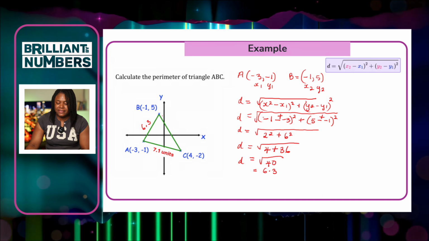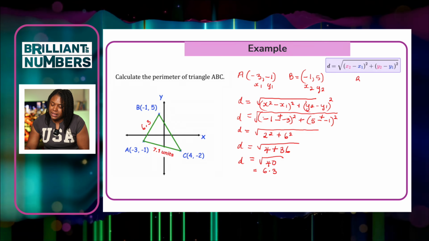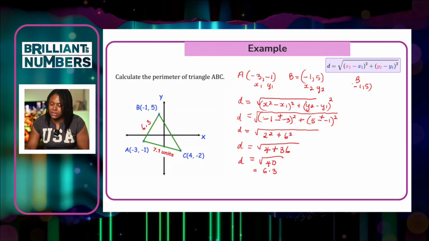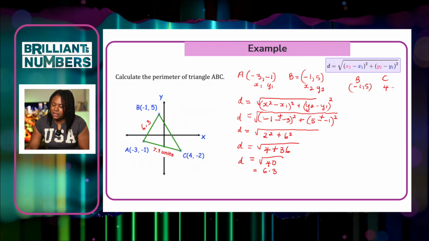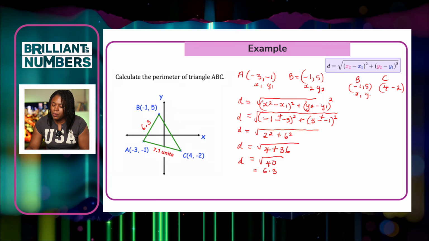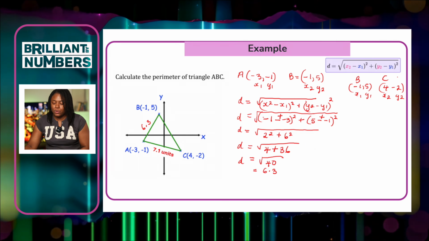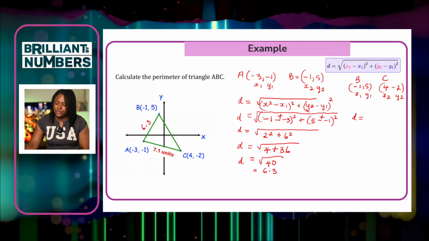Finally, we need to find the side BC. So let's go. B is equal to minus 1, 5, that's the coordinate, and C is equal to 4, minus 2. Again, label x1, y1, x2, y2. We're going to substitute that into our formula. So D is equal to